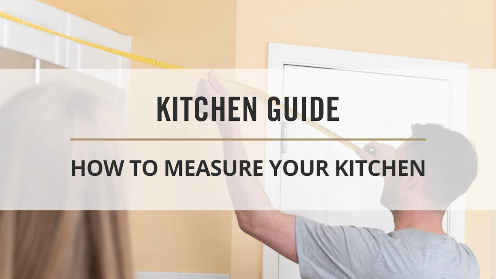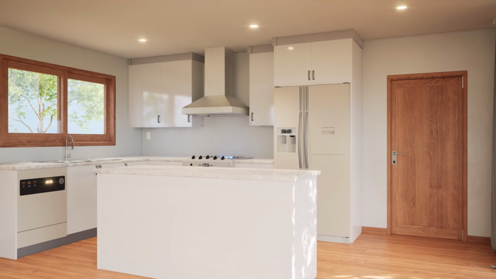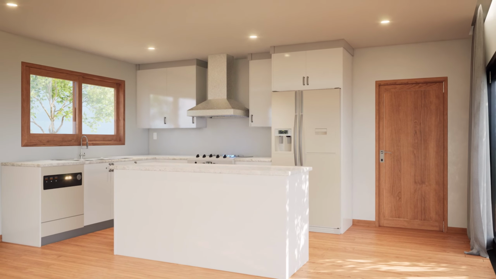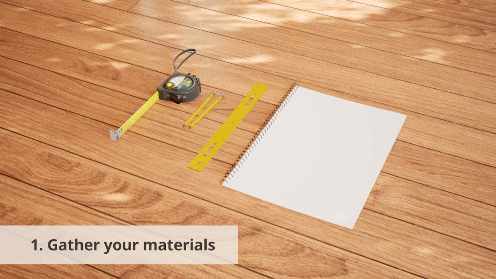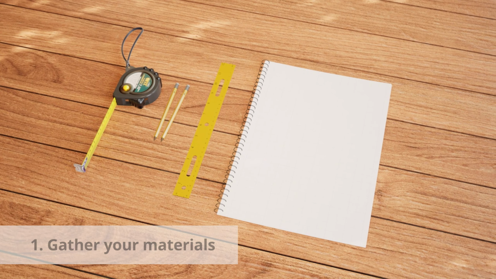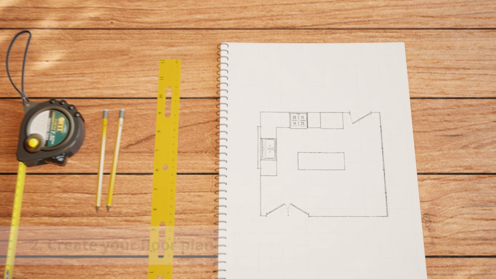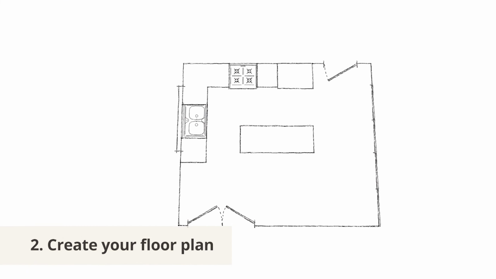Before ordering cabinets for your kitchen, you are going to want precise measurements of your space. First, gather your materials: a steel measuring tape, paper, and a pencil to record the measurements you take. Next, create a floor plan by drawing a rough outline of your space, including doors, windows, walkways, and any openings